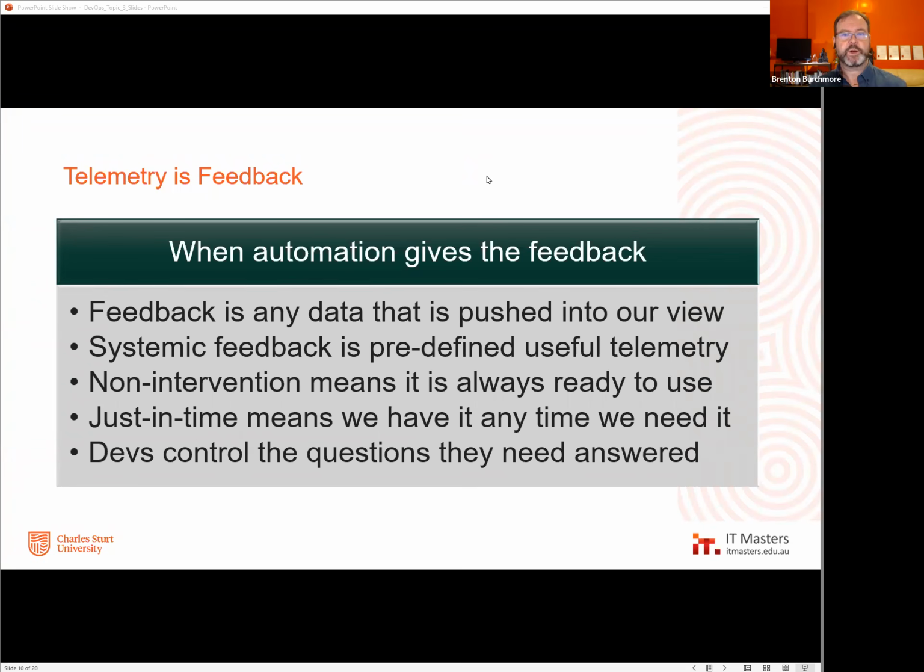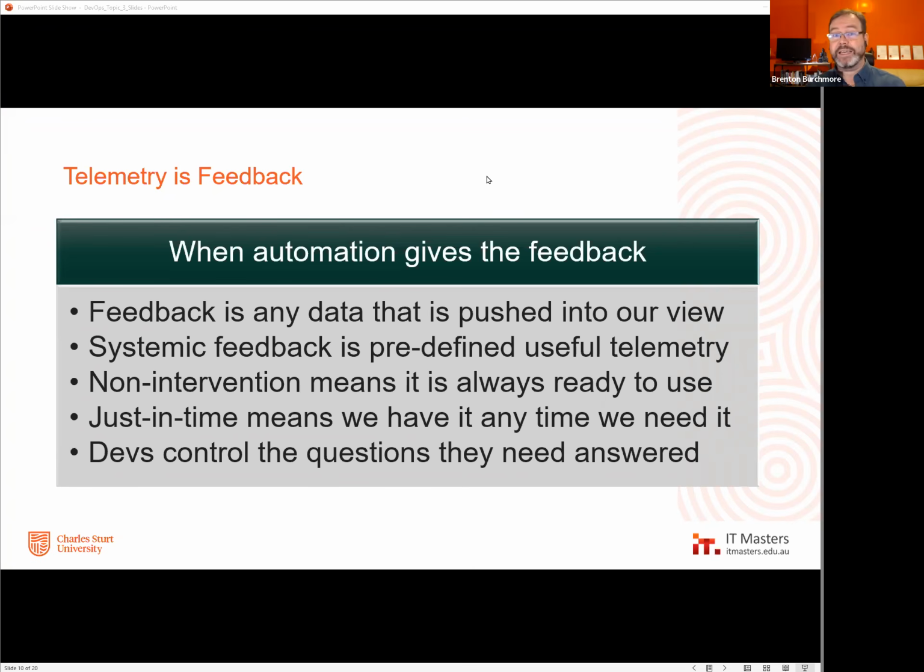And because we don't have to intervene when it's running to make it happen, it's always there. It's always available to us, just in time, which is an important hallmark of everything we do in the DevOps environment. So it's feedback that we can always get access to right when we need it. And this is something that the devs have a great deal of control over, the questions that get asked.